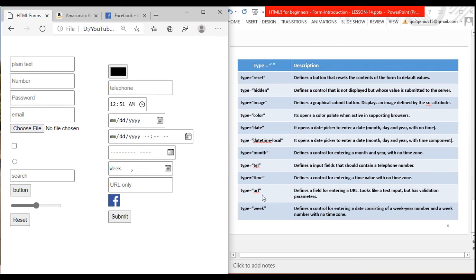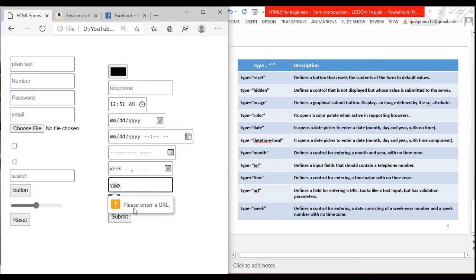And next is URL. Defines a field for entering a URL. It looks like a text input but has a validation parameter. So the meaning of this is, when you give a wrong value, suppose I am giving a name here instead of a URL, then I submit the form.